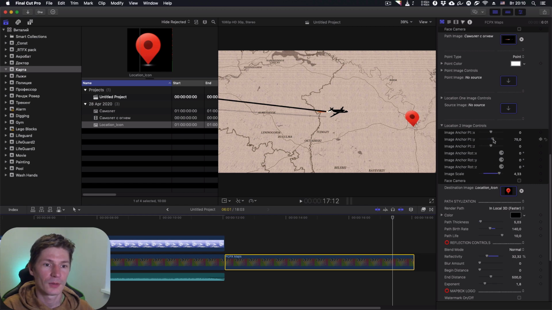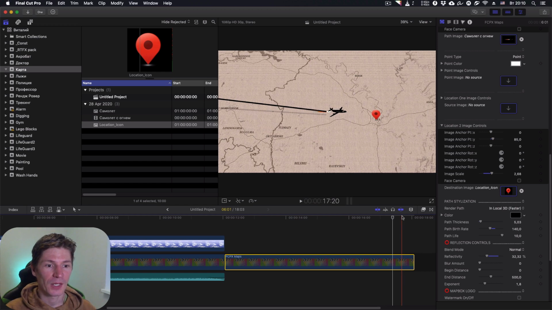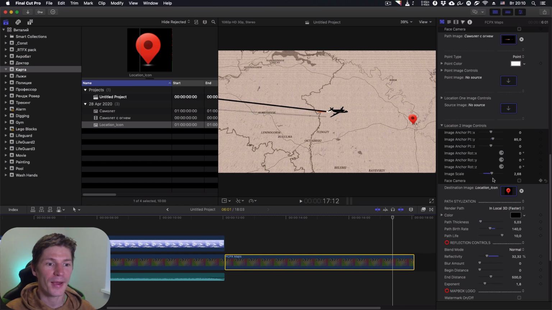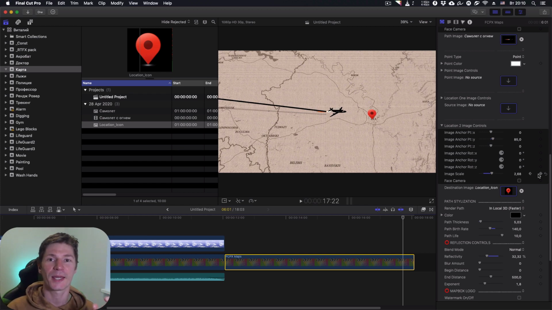Maybe a little more. You can see it is increasing not from the center, but from the bottom anchor point. And I want to animate this thing. For example, I press here to add a keyframe, then I press Shift right arrow to move my playhead 10 frames to the right, and here